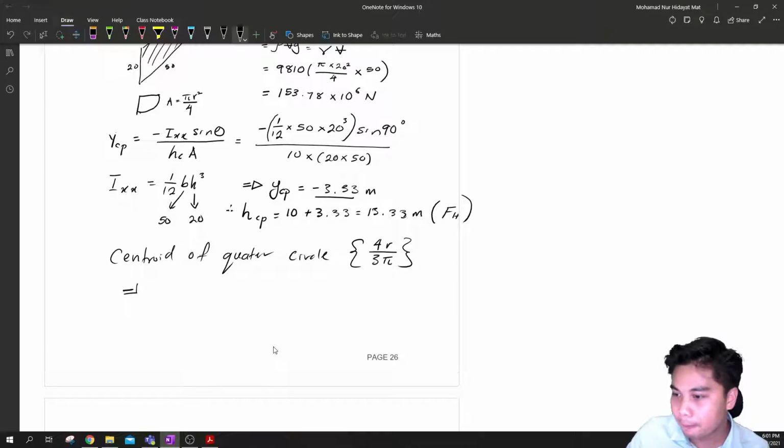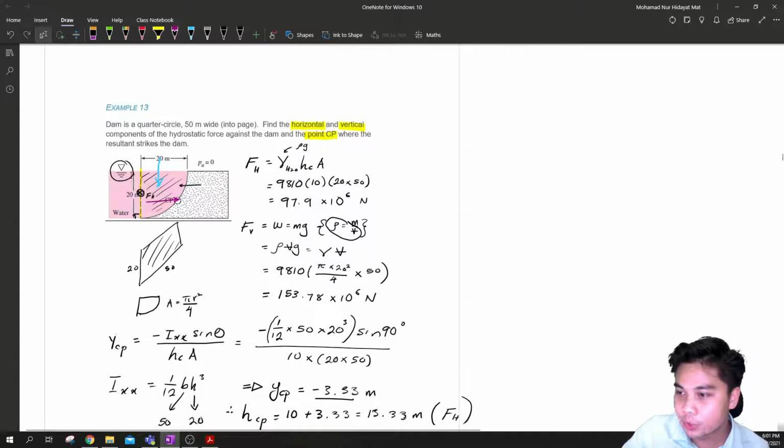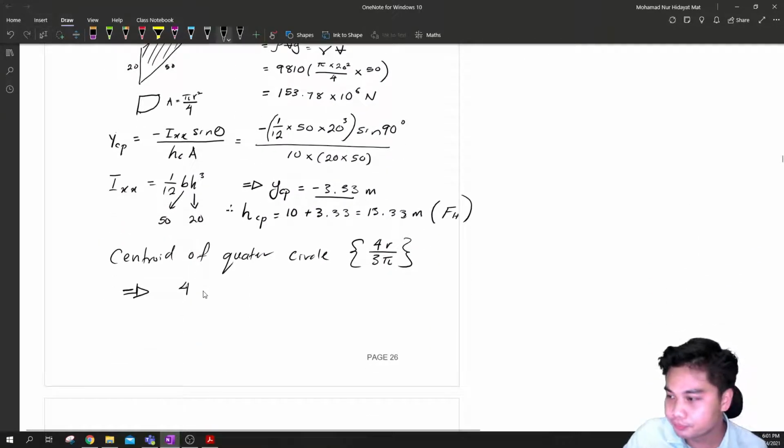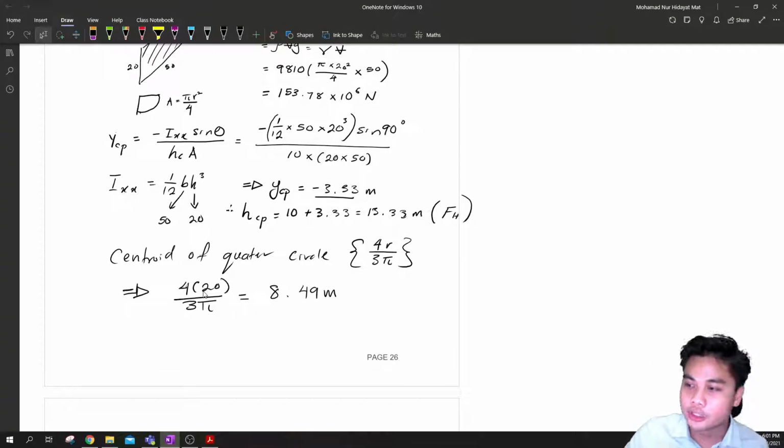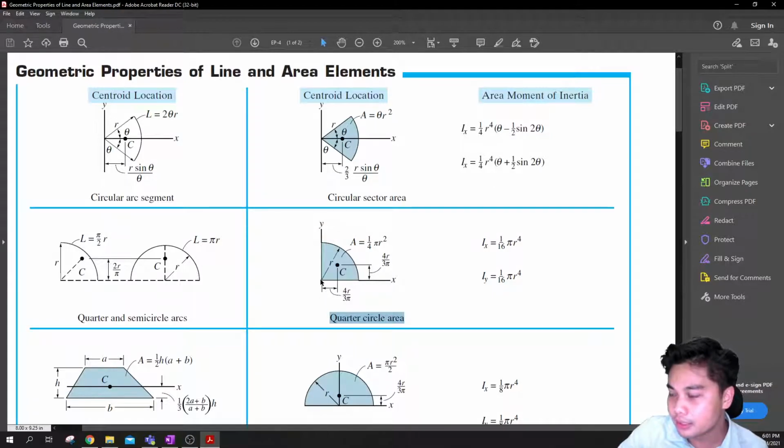So for the radius of this quarter, which is 20, multiplied over 3 pi, you will get 8.49 meter. Alright, so 8.49 meter is actually from the